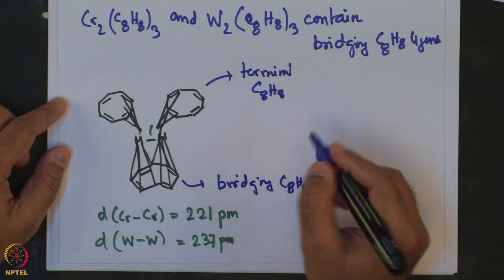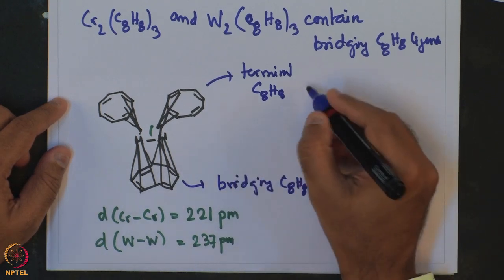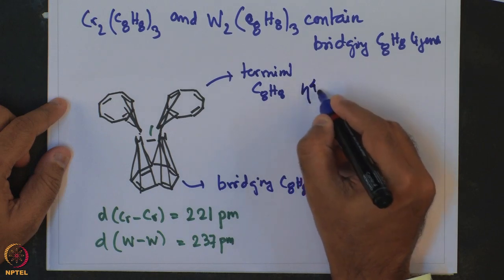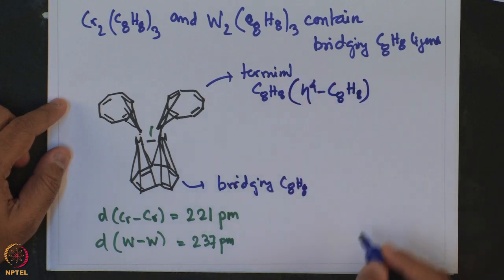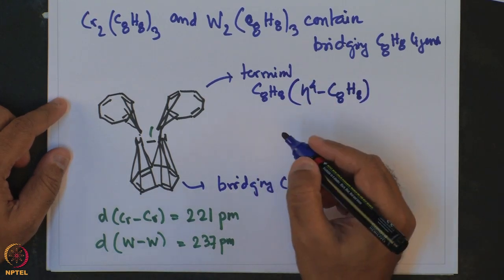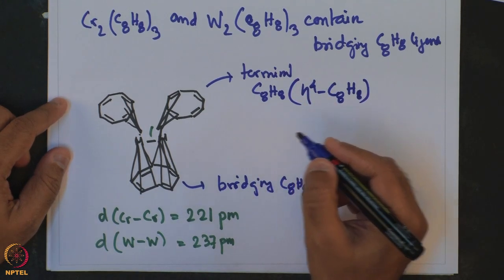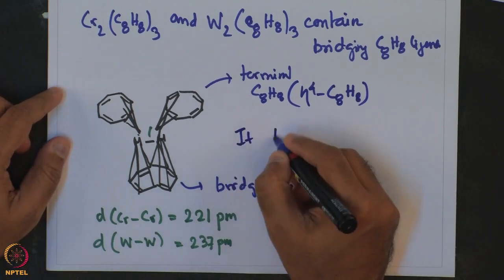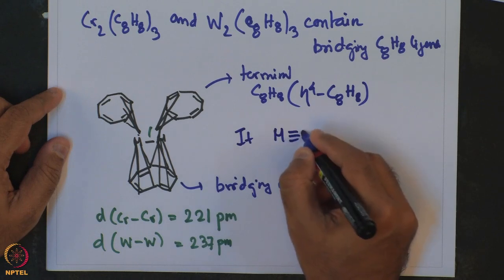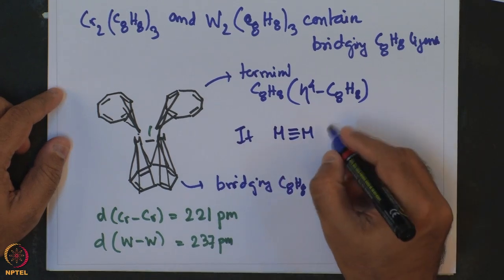Okay. The terminal C8H8 are of eta 4 type, and here also if this metal-metal triple bond